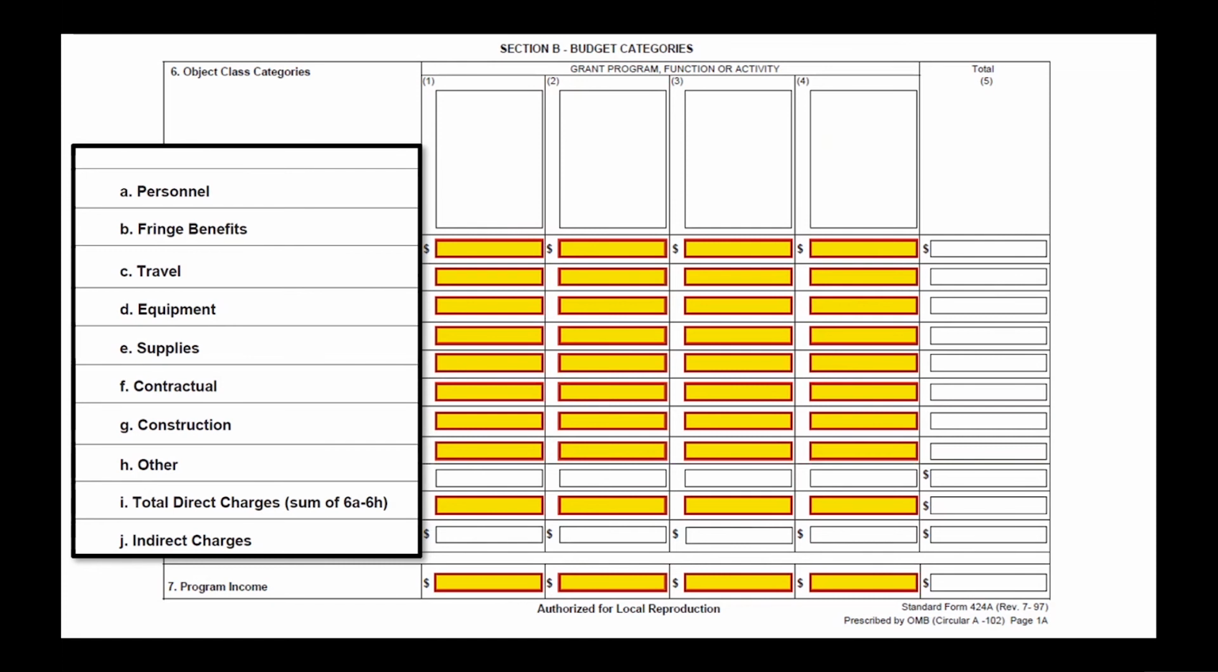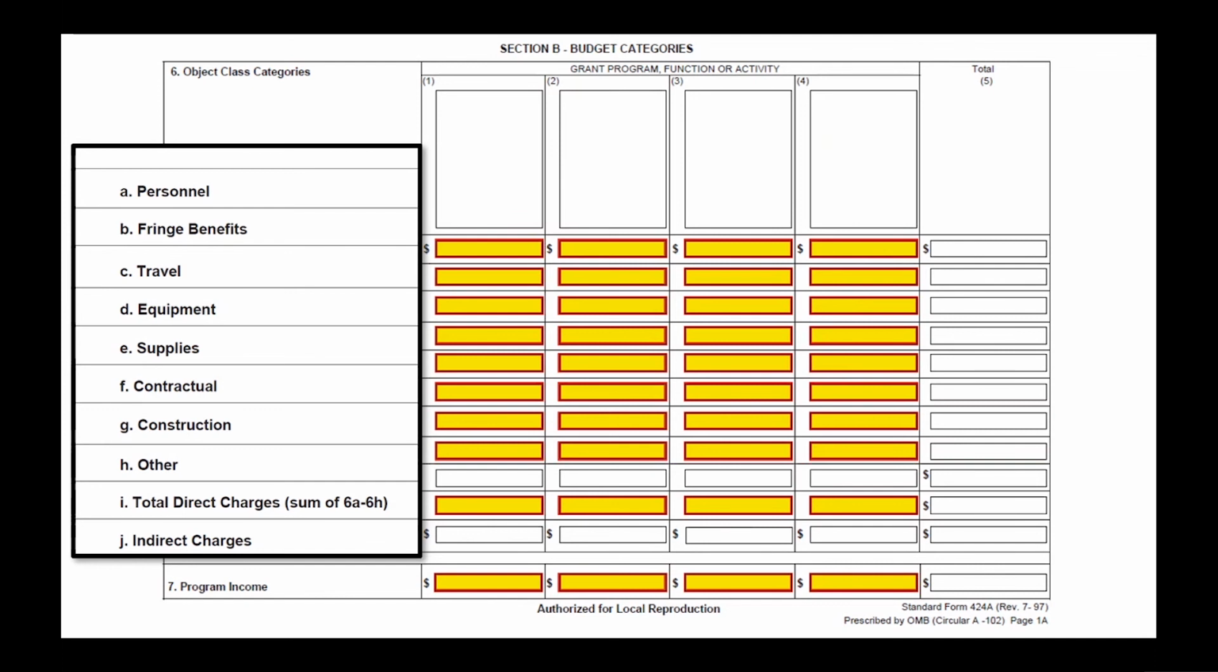Fringe benefits include the cost of benefits for the staff that are attached to your project. Travel is a projection of travel costs associated with your projects. Equipment and supplies are similar, though equipment is thought to be a long-term asset that has a unit cost of $5,000 or more. Contractual should be any cost for which you would have a written contract associated, and construction costs are those